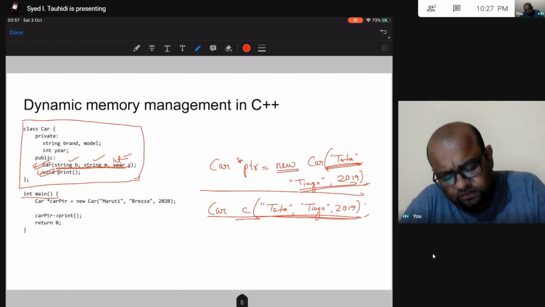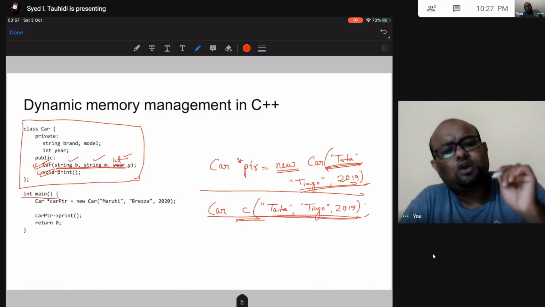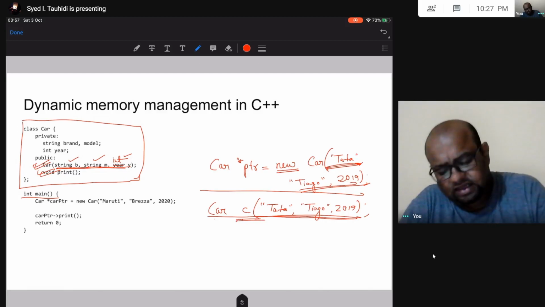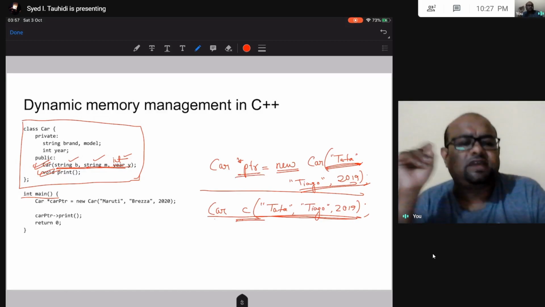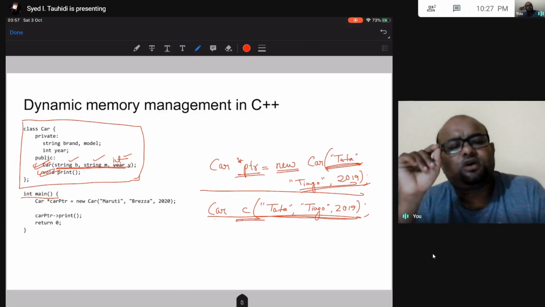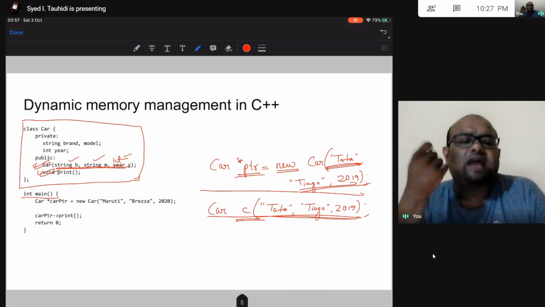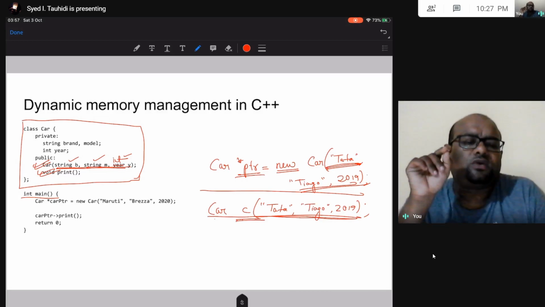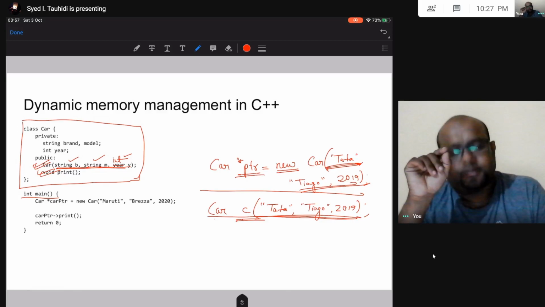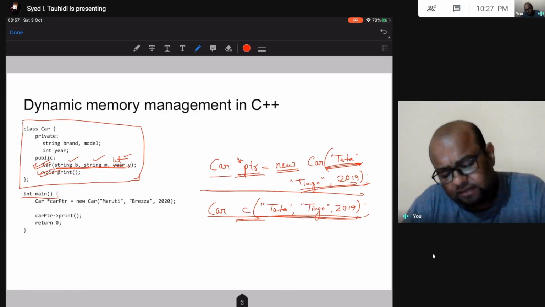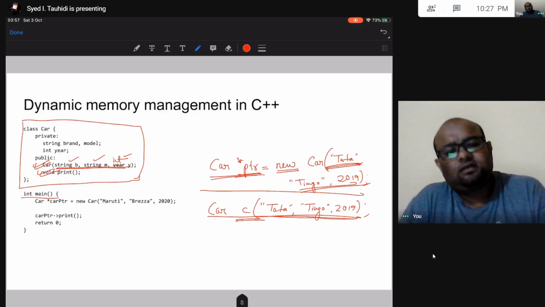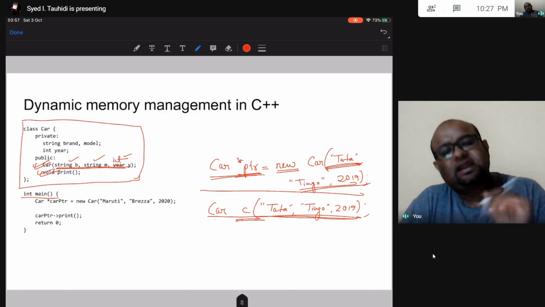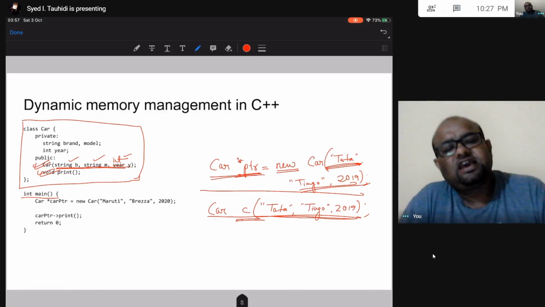Here I would have gotten this object name directly. Here I am getting a pointer to that object, right? So when I create something in heap, whether using malloc or using new, I get a pointer pointing to that location in heap. Okay, so here I am getting a pointer of type car, and that pointer is pointing to an object of class car, and this object is in heap.